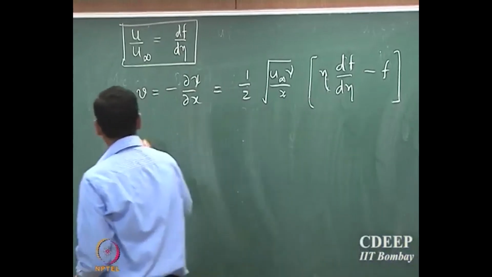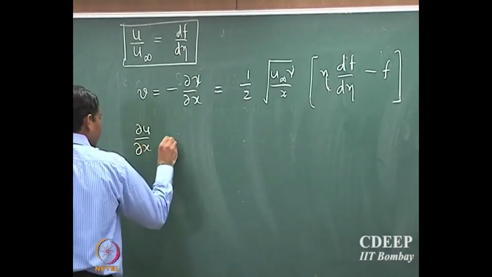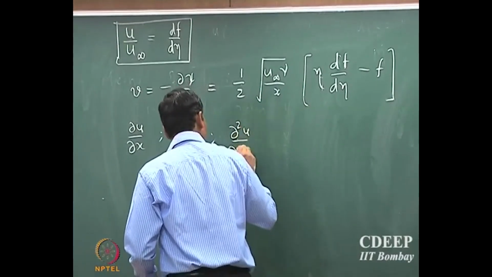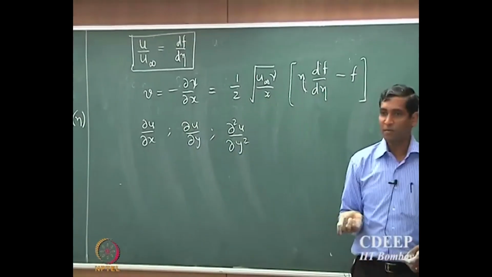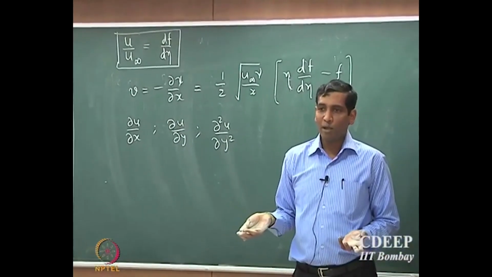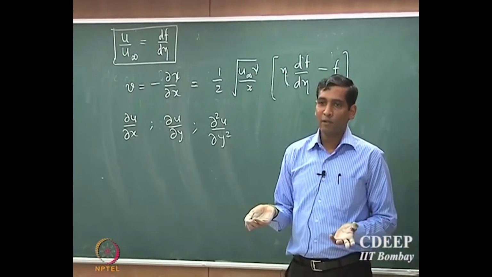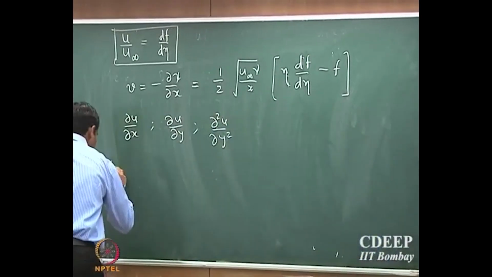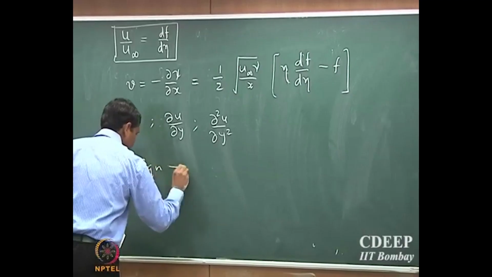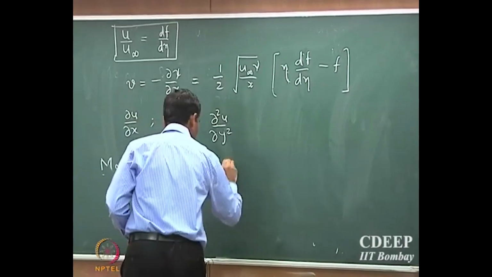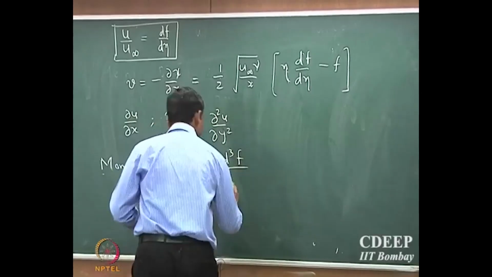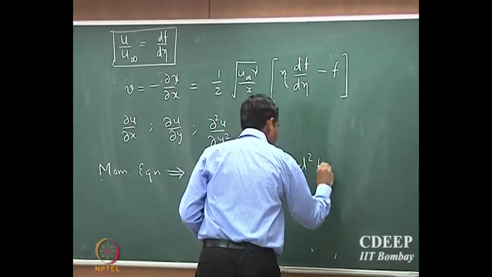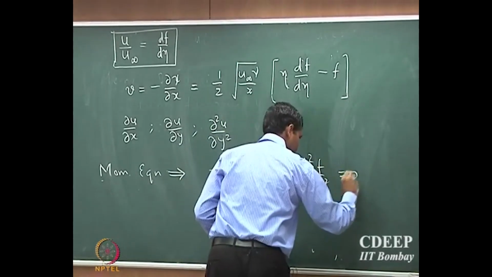Okay. So now I can find out du by dx, I can find out du by dy, I can find out d square u by dy square. So if I know these three derivatives, I have now transformed all the components of the momentum balance. Okay. So the momentum balance will now turn out to be 2 d cube f by d eta cube plus f into d square f by d eta square, that is equal to 0,